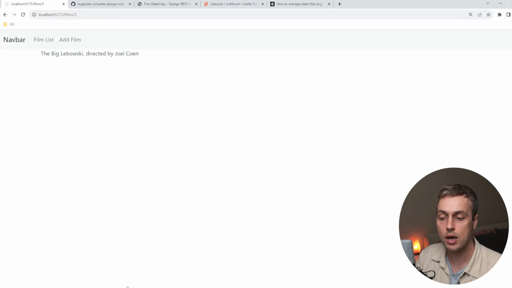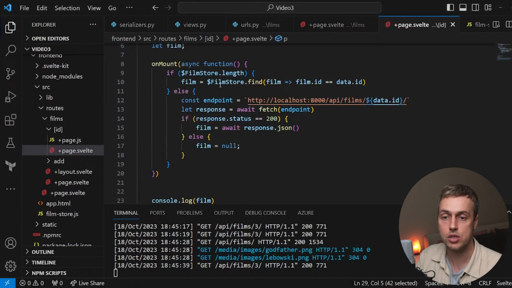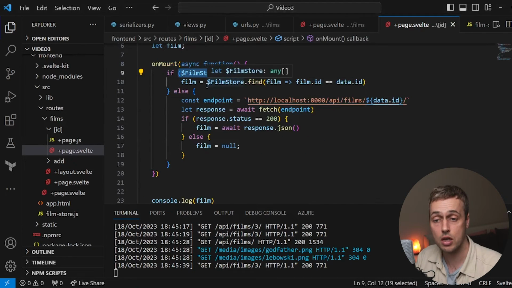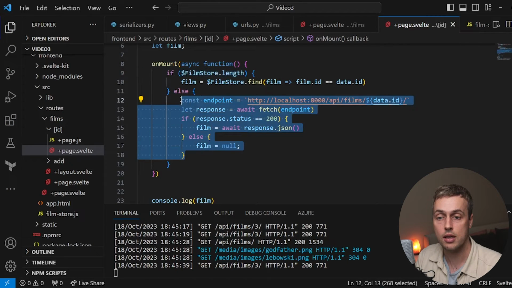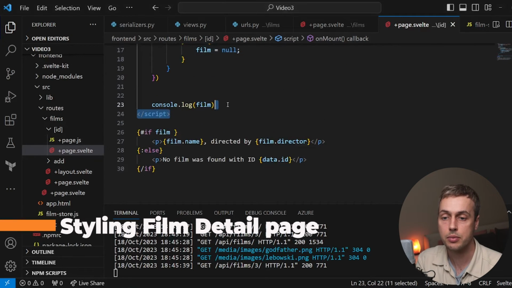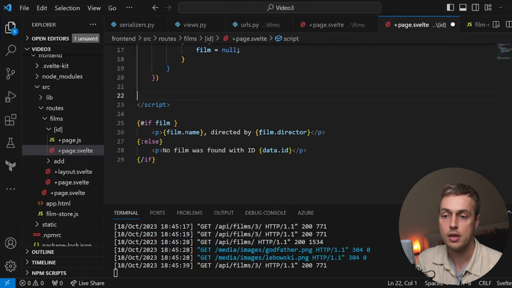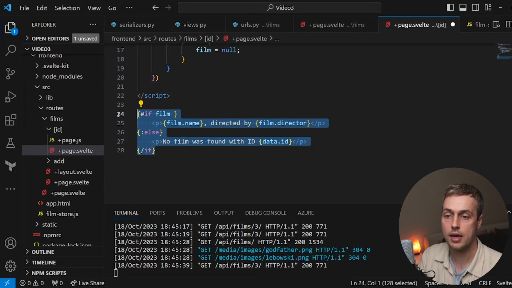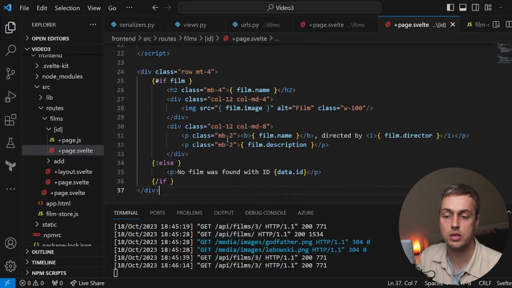But either way, we are able to fetch the data by checking the film store, and then if there's nothing in that, we can defer to calling the detail endpoint in the Django application. Now what I'm going to do very quickly is style up this detail page, and I'm going to remove the console log here. I'm just going to paste some code in here and we're going to move on with the video. If you want to get this code directly, check the GitHub link for video 3, and it's the detail